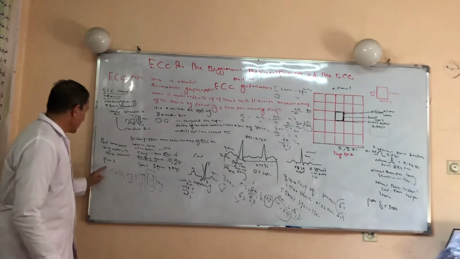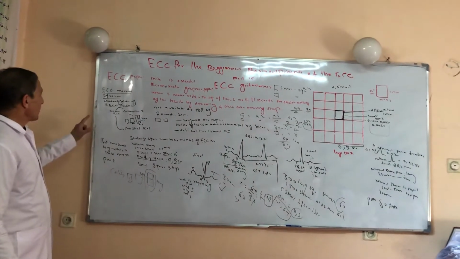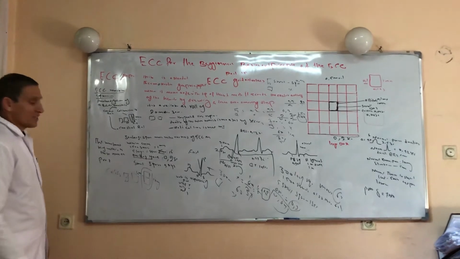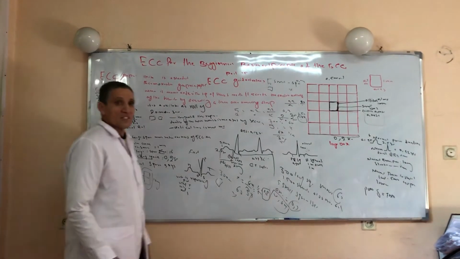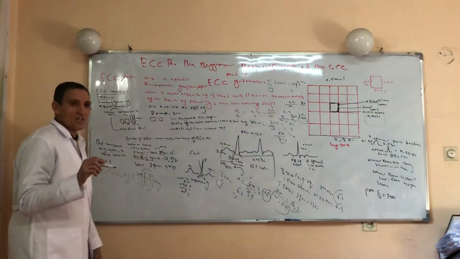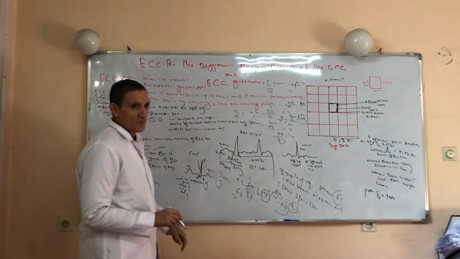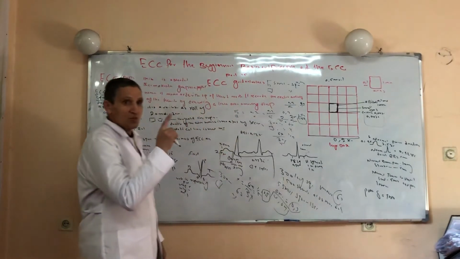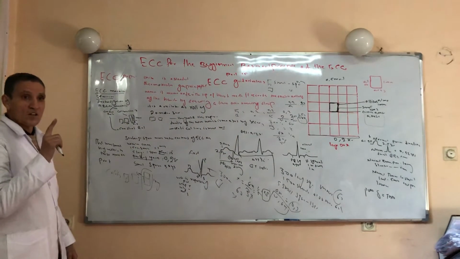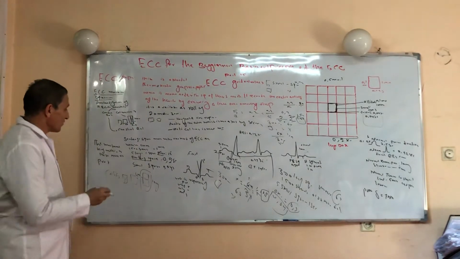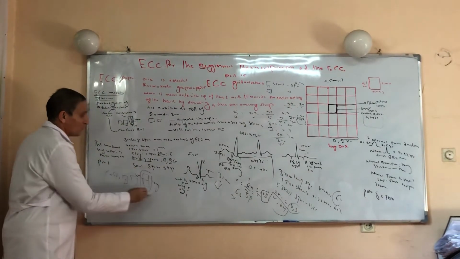Standardization of the ECG paper is made by two things. One is the constant rate, the second is calibration. The calibration signal means a 1 millivolt electrical signal should move the needle of the ECG machine vertically to 1 centimeter, or 2 large squares. This was about the calibration signal.